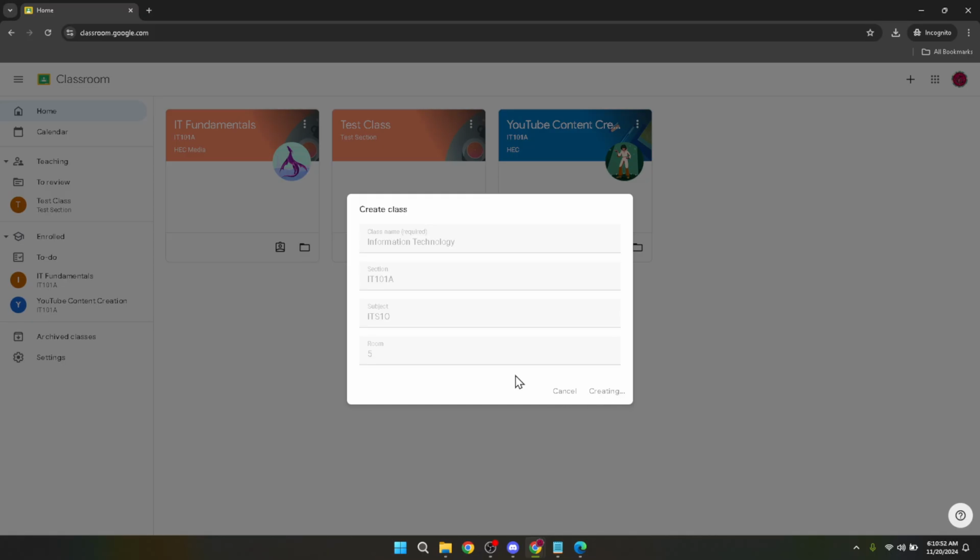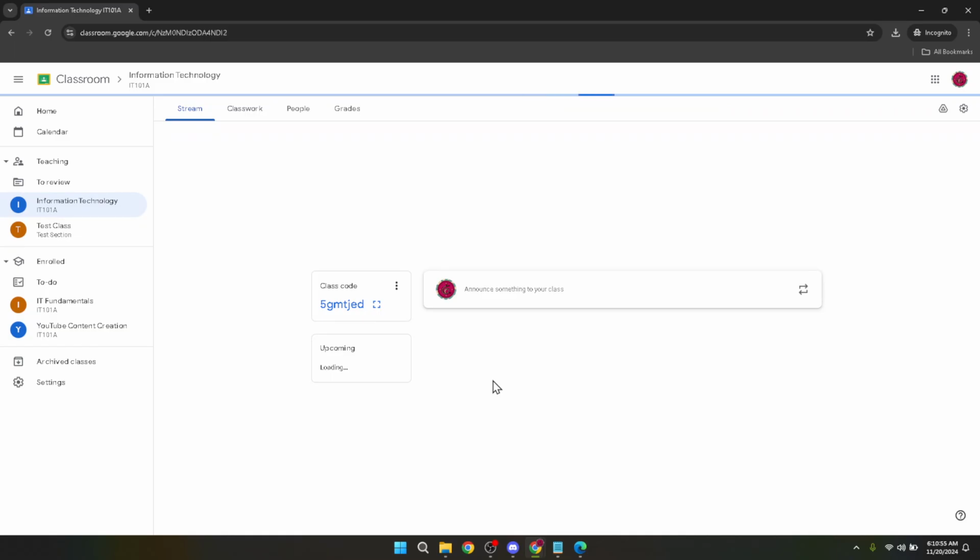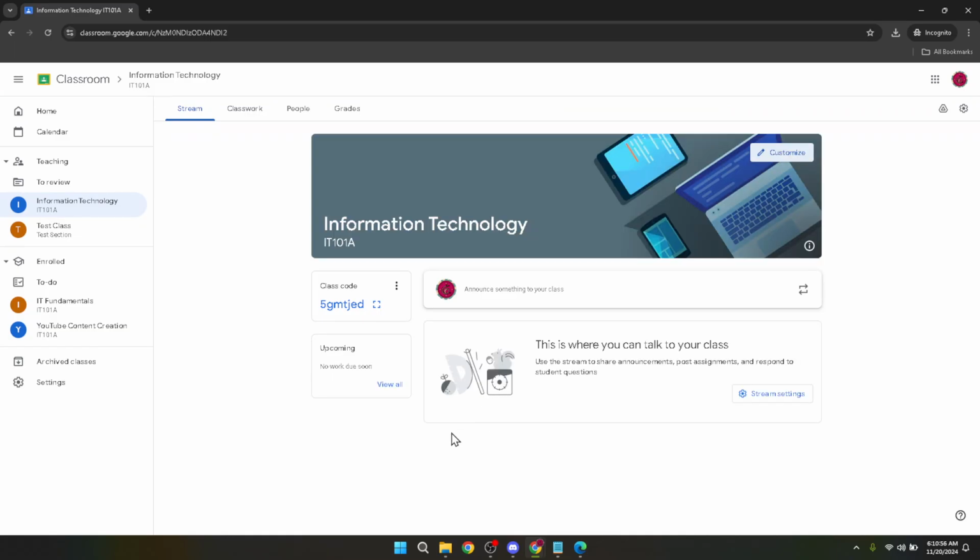It generally takes a few seconds for Google Classroom to set up your new class and redirect you to your class page. Here you can start personalizing your classroom, adding class materials, assignments, and much more. The platform is intuitive, offering you a wide range of functionalities to explore as you embark on your educational journey. Remember, Google Classroom is a powerful tool that fosters collaboration and learning. Take your time to explore its features and how you can leverage them to enhance your learning experience. Whether you're diving into assignments, engaging in class discussions, or managing your coursework, Google Classroom is designed to support your educational endeavors every step of the way.